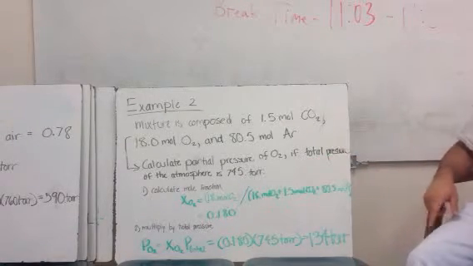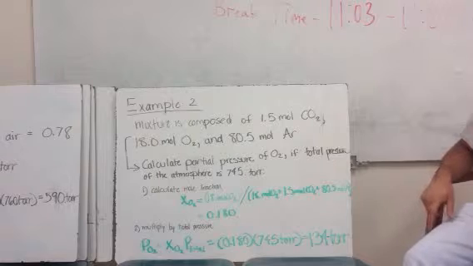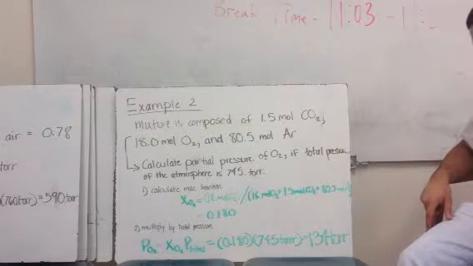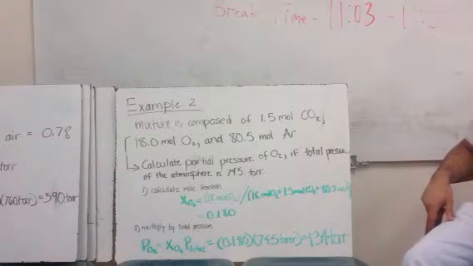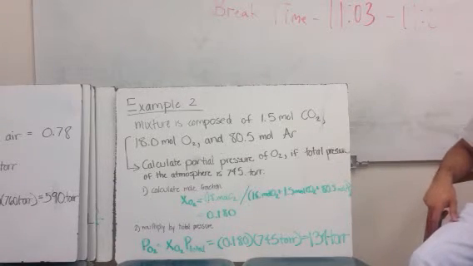So 0.18 times 745 torr would give us 134 torr, meaning that the O2 in this problem has a partial pressure of